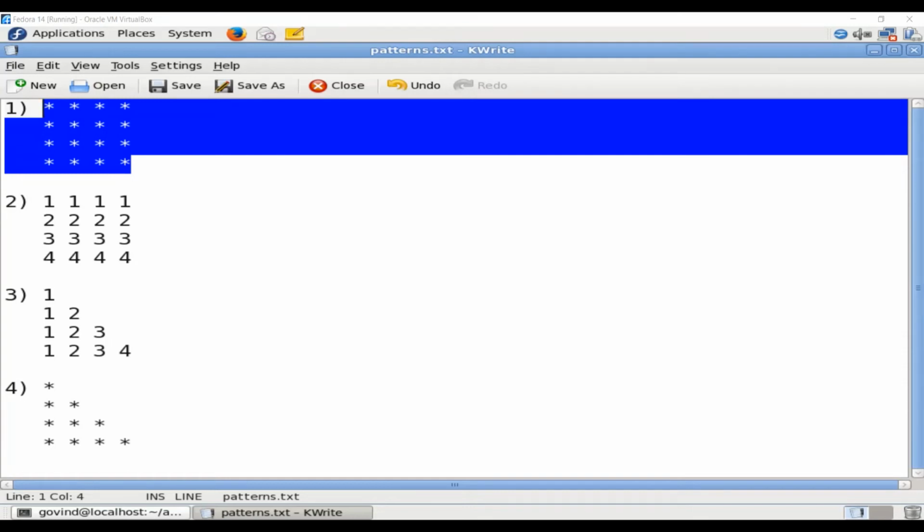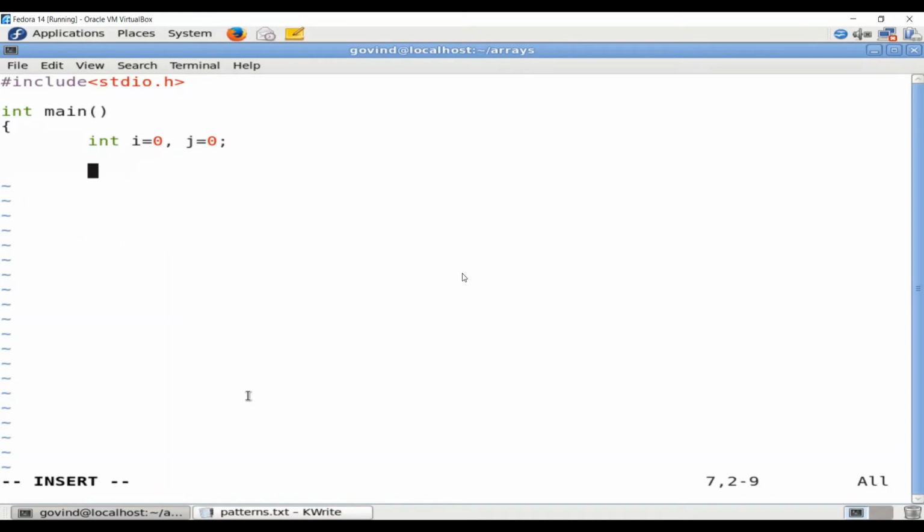Hence, there is no input for this program. We only need to produce the output, which is the pattern generated based on the program definition. So there is no scanf statement for this program, as the program does not have any input, and we know that we need to produce 4 star symbols in each row.